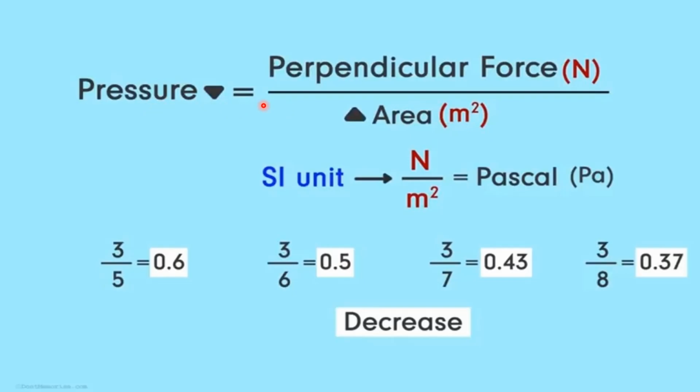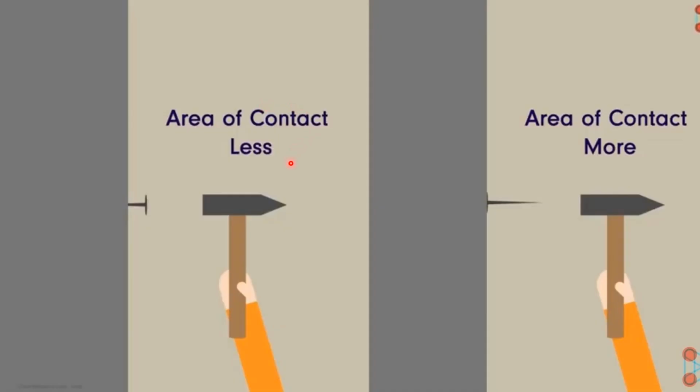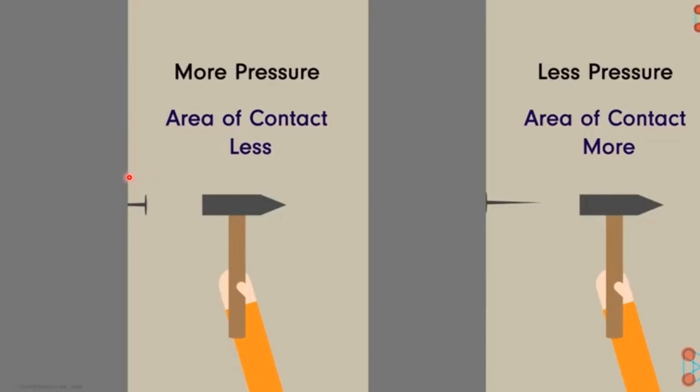Now let us go back to the first example we took. In the first example, we saw the nail and the wall. Notice that we are applying force perpendicular to the surface of the wall. So, what are you observing, children? The angle between the nail and the wall is 90 degrees. If you notice the tip of the nail,